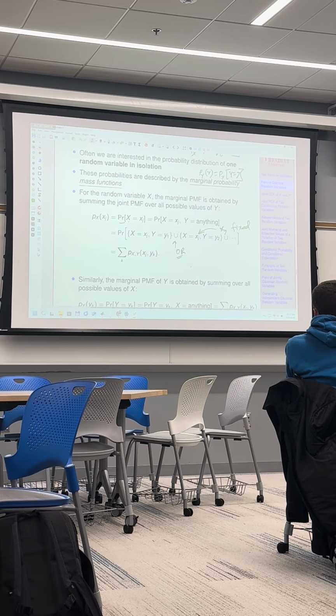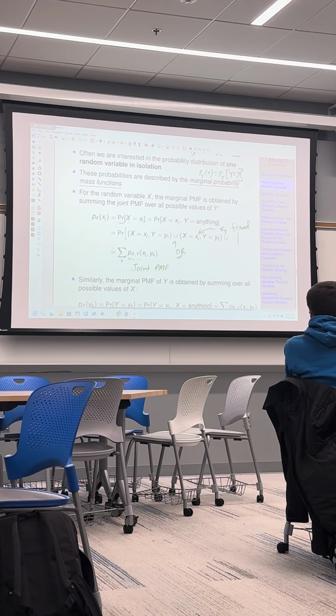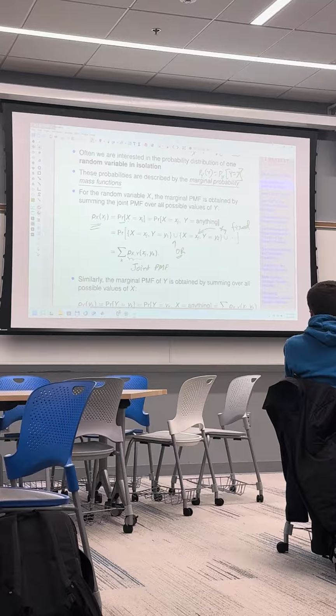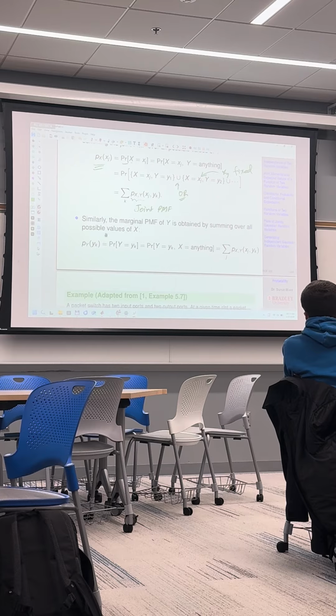and you vary y. Therefore, you can write it in the form of a summation, because these are disjoint events, and this is basically the joint PMF. So given the joint PMF, you will be able to find the marginal PMF of a single random variable. Similarly, we are dealing with just two random variables; in case we deal with n random variables, it extends to the marginal probability mass function of one of n random variables. Similarly, the marginal PMF of Y, you just vary